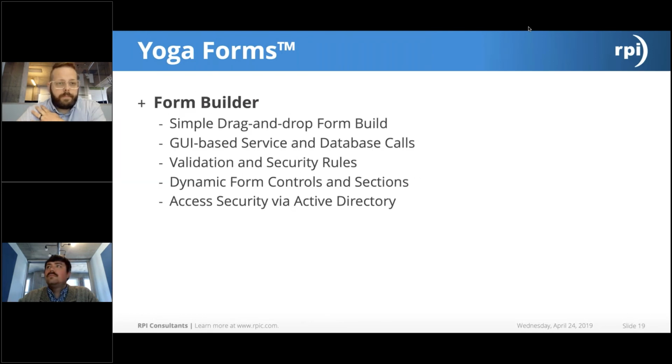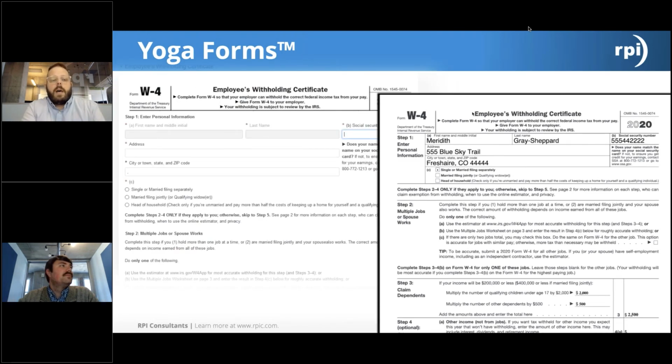So here's an example. On the left is a Yoga Form, and it's constructed very simply. It lays out the W-4 very similarly to the paper document for demonstration purposes, and contains all the same instructions so that nothing's missing, but it is a little bit more user-friendly interface, and can even pull in your existing elections if you want it to, and then submit those elections back out to your human resources or payroll system so that they don't have to be entered by